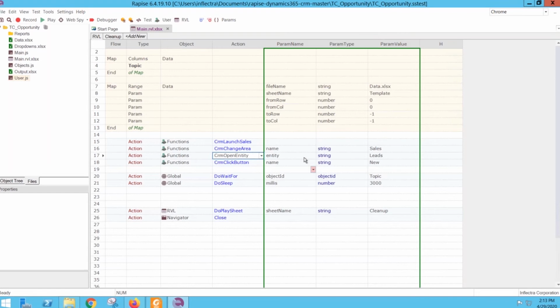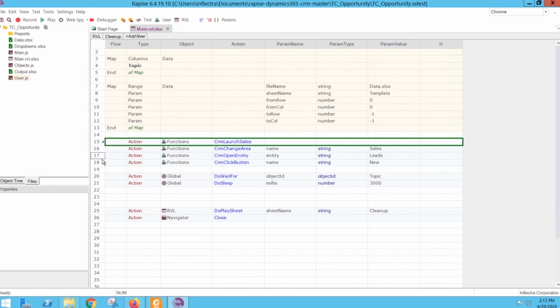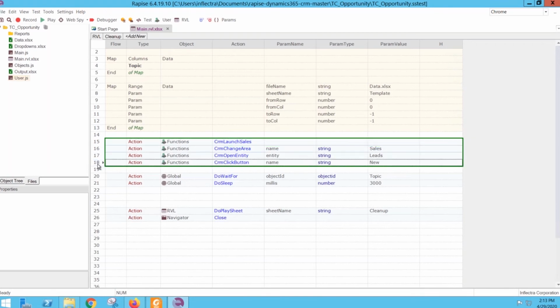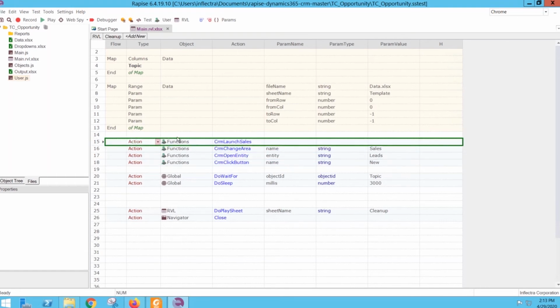Each parameter has a name, has a type, and has a value. So in this pre-configured template, we already have 4 steps defined. So let's look at those steps in more detail. So the first one is what may open